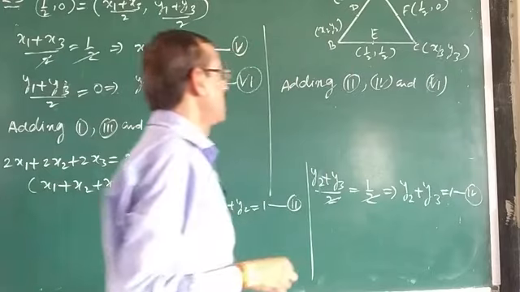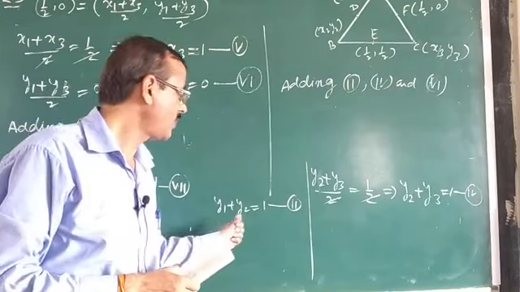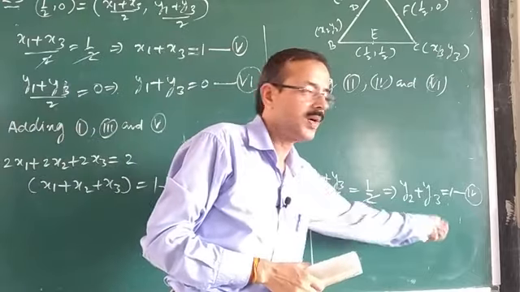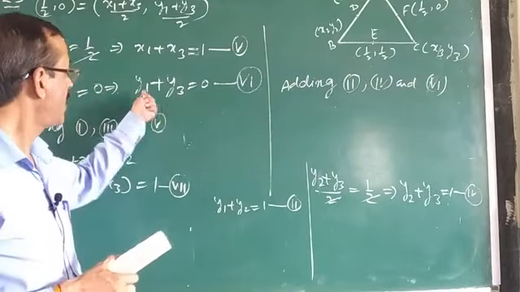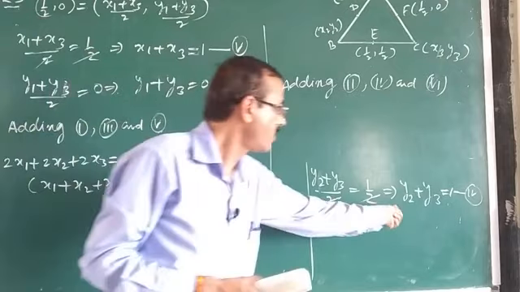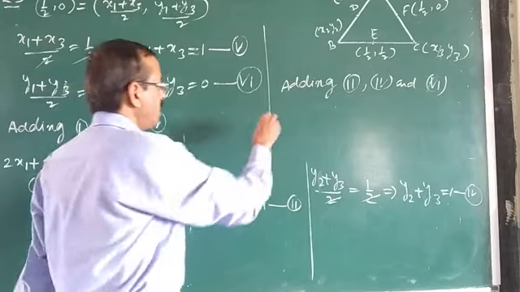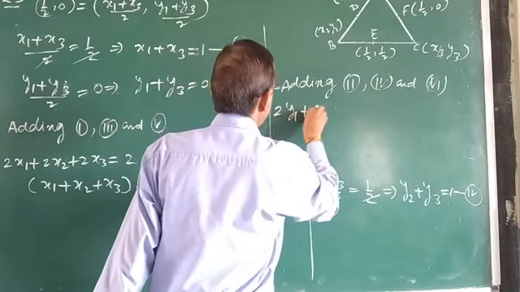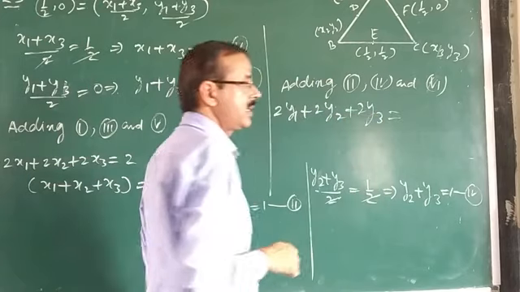What will we get? Same process we have to apply. If we add y1 plus y2, plus y2 plus y3, plus y1 plus y3, you will find 2 times y1, 2 times y2, 2 times y3. So here we write 2y1 plus 2y2 plus 2y3, that is equal to